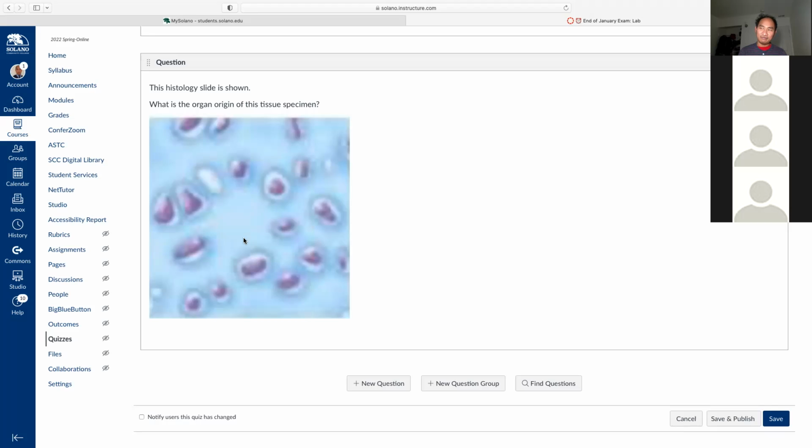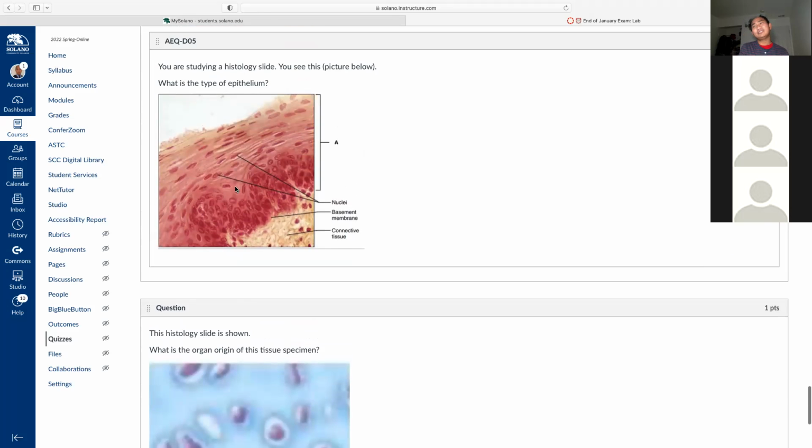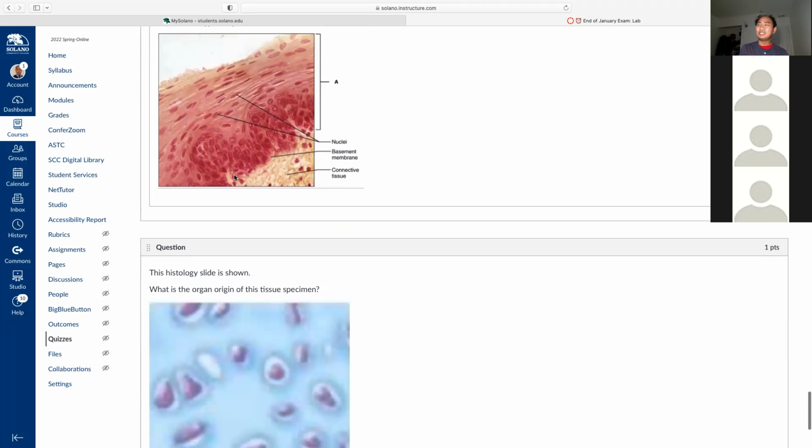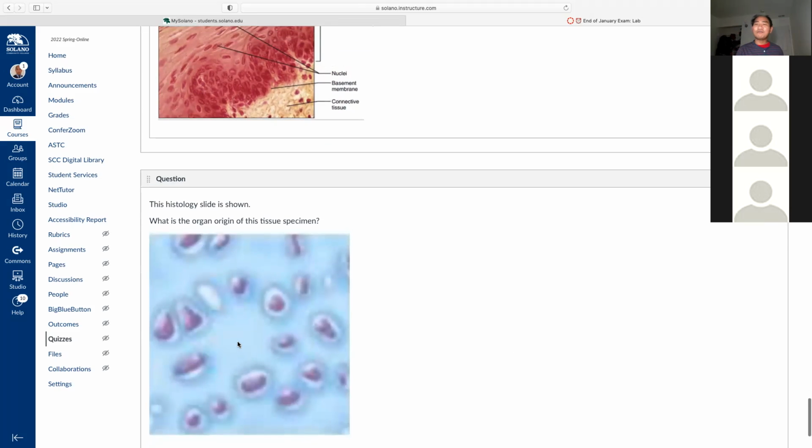Because it is not epithelial, isn't it? This is epithelial tissue, and this is the connective tissue. We don't know what type of connective tissue and how many types of connective tissues are in our body. 4, isn't it? The 4 types of connective tissues in our body are connective tissue proper,